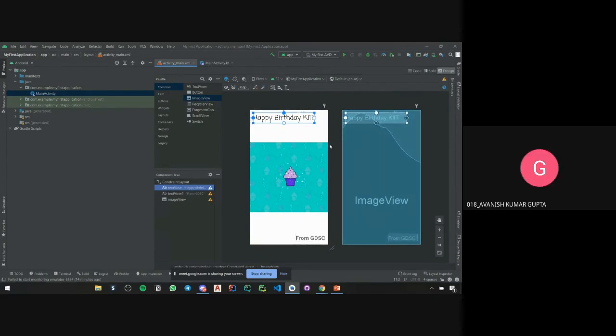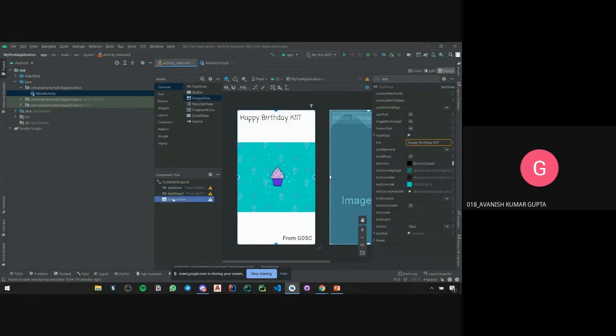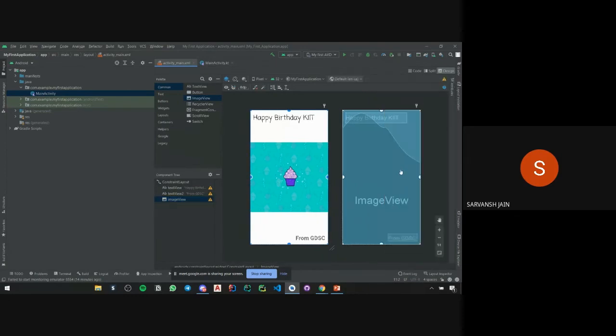Excuse me, what's the use of this right side thing, the purple one? Yeah, this one. So basically, as I told you, it's called blueprint. As you can see, in this you can see that the image is covering the whole text as well.